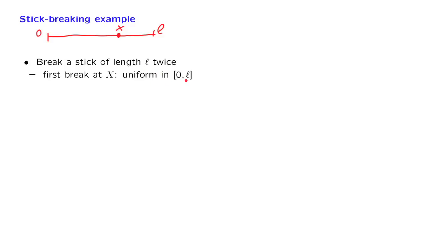We will now go through an example that brings together all of the concepts that we have introduced. We have a stick of length L, and we break that stick at some random location, which corresponds to a random variable, capital X. And we assume that this random variable is uniform over the length of the stick, so its PDF has this particular shape. And for the PDF to integrate to 1, the height of this PDF must be equal to 1